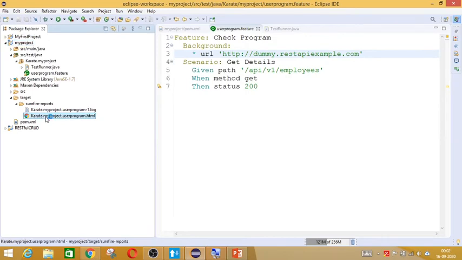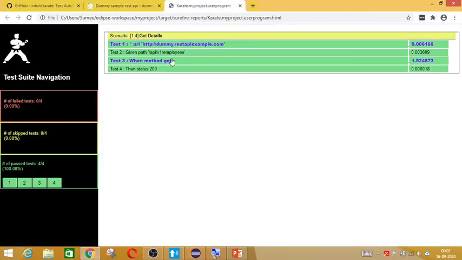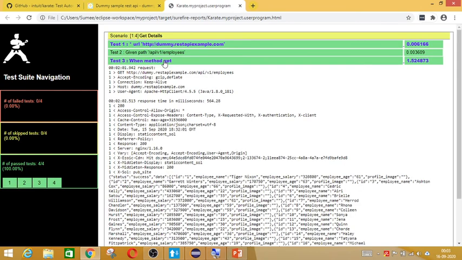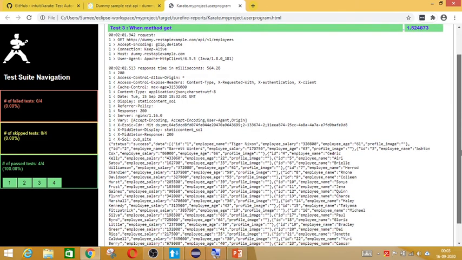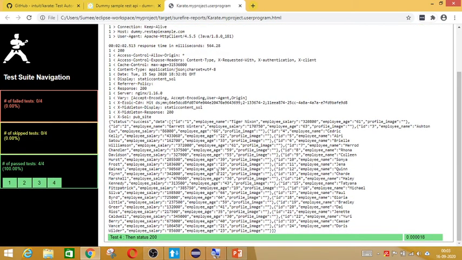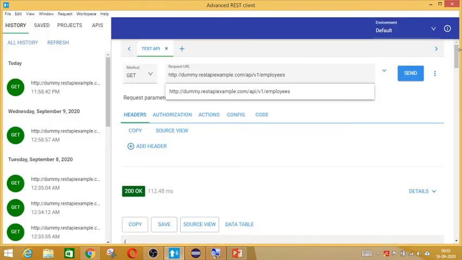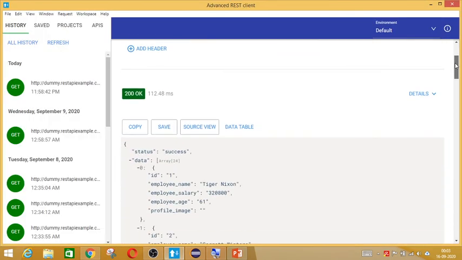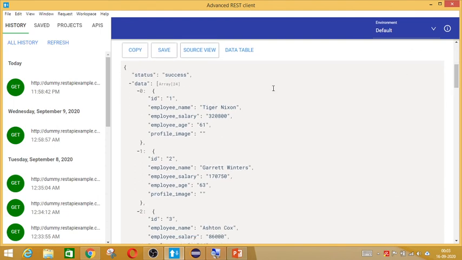Now you just double click and open it. This is the result. It has executed this dummy rest API example, and then it has executed the method get, and this is the entire result that it has got. Whatever we have already seen, you can see that we use the get function in which we saw that all this is returned, right?